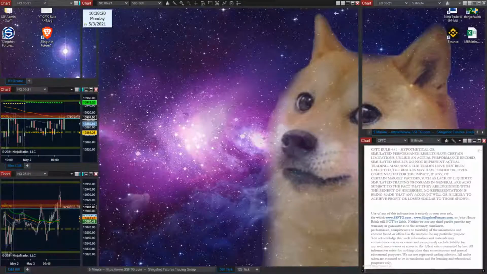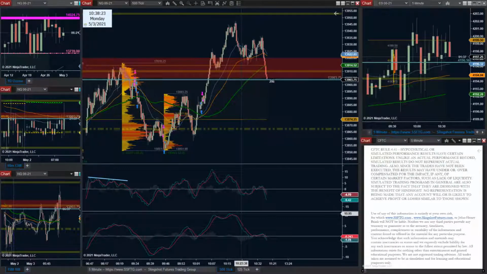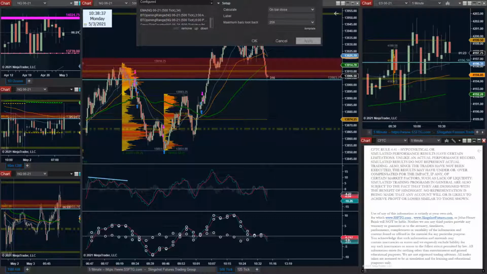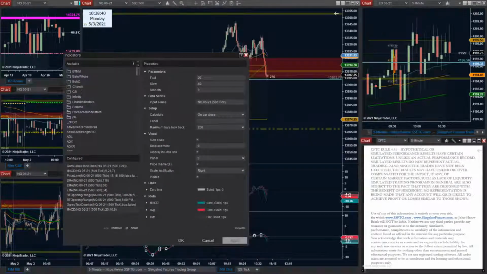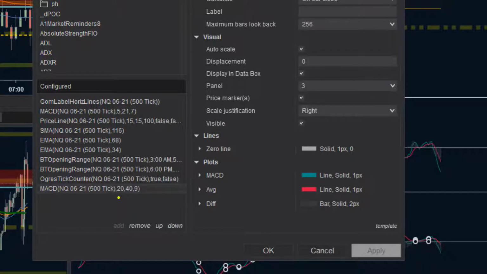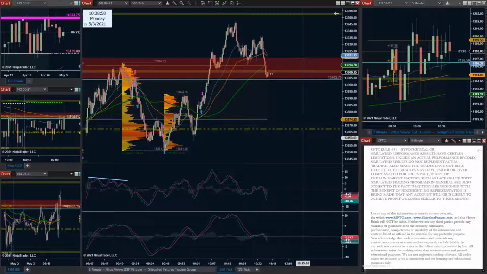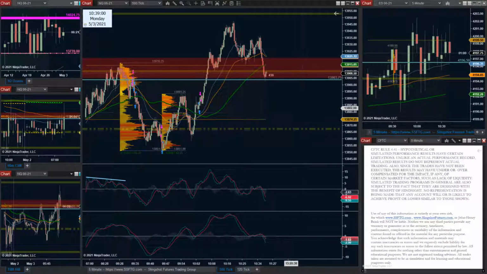Use two MACDs. Yeah, so the two MACDs, the first one is the slower one, which you've seen on my chart forever. That one's been on there for a long time. And you can draw that one a couple different ways. There's the 20, 40, and 9. And then there's also the slower one, which honestly gives you a very, very similar drawing. But the slower would be the Fibonacci one, which would be the 21, 55, 8. They look almost identical. The faster one is 5, 21, 7, 5, 21, 8, 5, 21, 9. That could be 8, 21. It could be faster. It can be slower. The secondary one is just to give you a little bit more of an in-the-moment pulse.